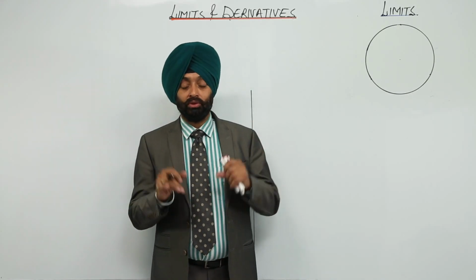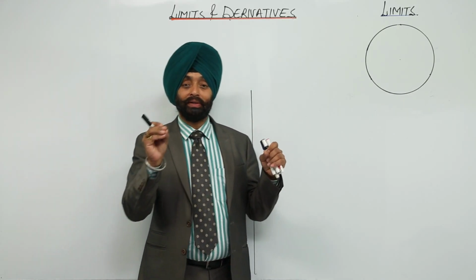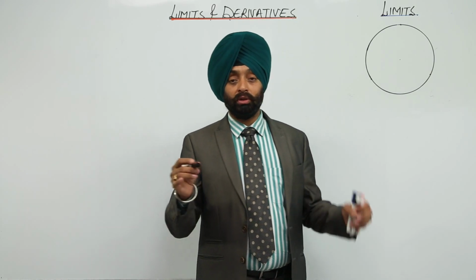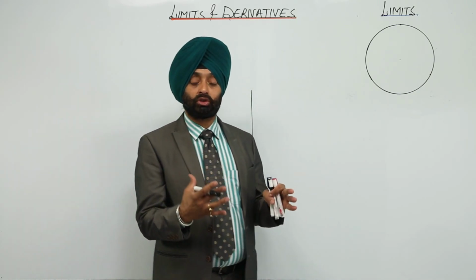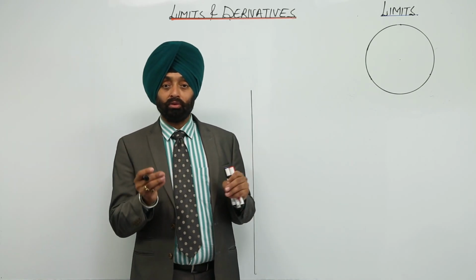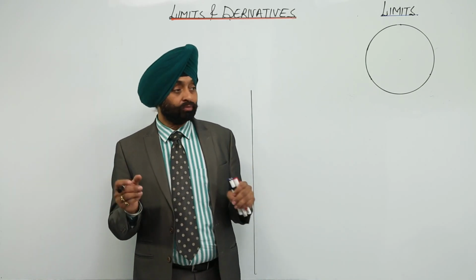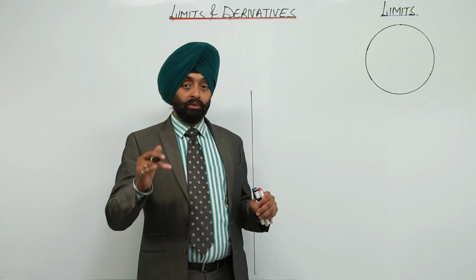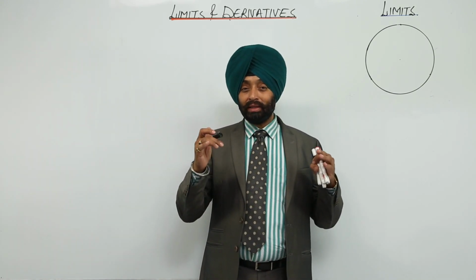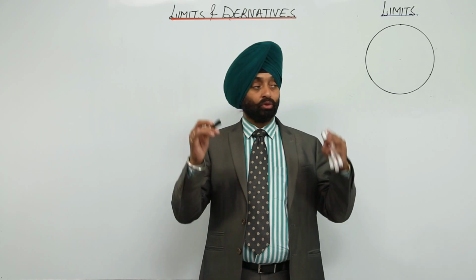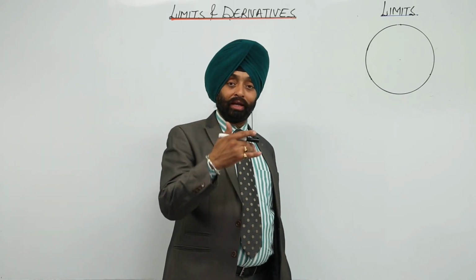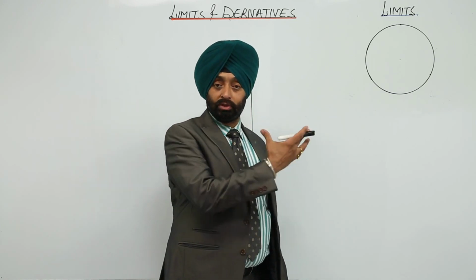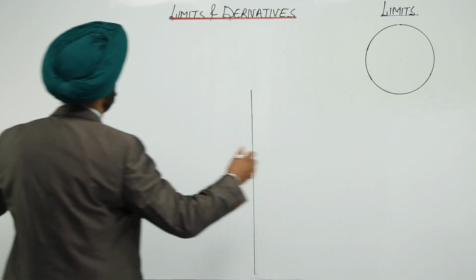Now I am going to give you a very simple demonstration about the limits, when we are writing that it approaches to. Okay, we have already gone through a small concept of the limits, the introduction part. Now I am going to tell you what limit means. I have drawn here a circle, but whatever I am writing on the board is not a part of this circle. Okay, just look here. Suppose now we are just starting.